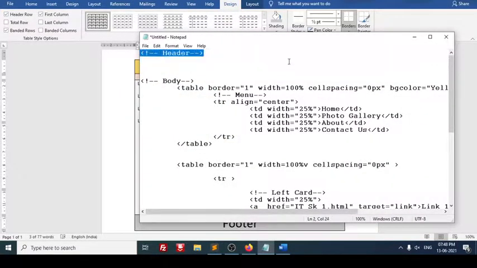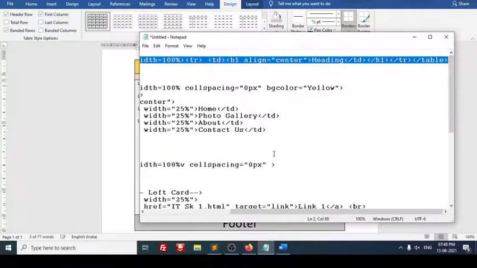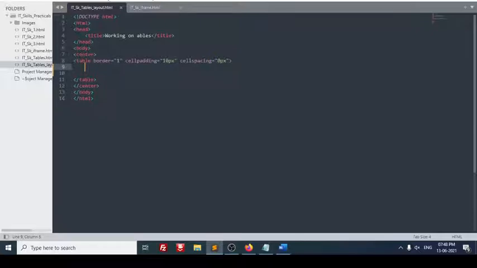I will insert one more table into this. I will just copy this, because it will take a lot of time to type it here. I have created one table here, and its top part I have named heading. If this table starts here, bring it to the next line, otherwise you will be confused, right? Center.